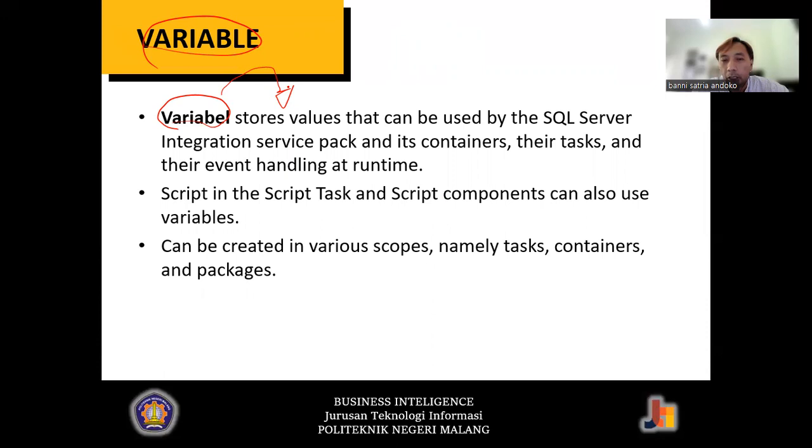For example, let's say to create a dynamic package that can be used over several times, or every time automatically, then you will need this variable.